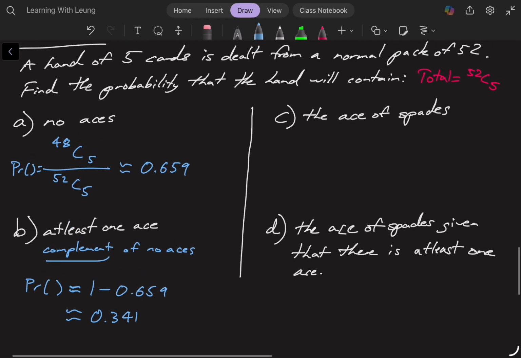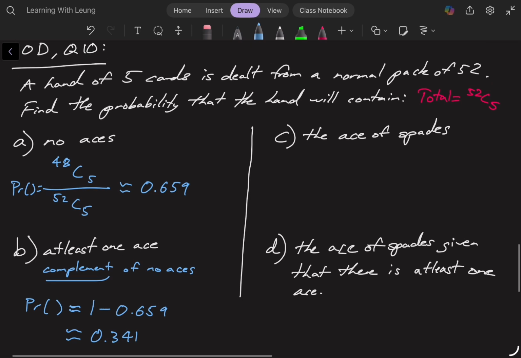Cool. All right. So C, the probability that I get the ace of spades. So if I want the probability that I get the ace of spades, it means I need to pick the ace of spades and then I need to pick the other 4. Again, order doesn't matter, right? So we're doing a